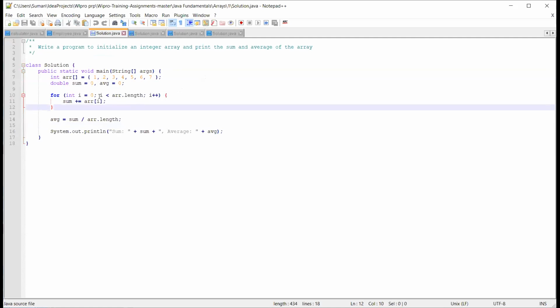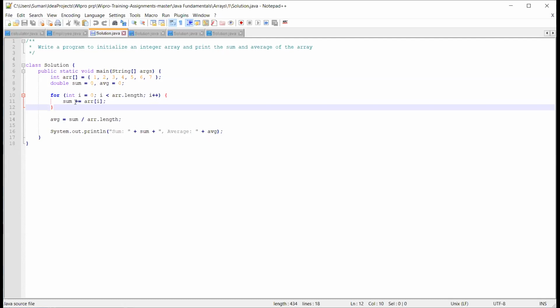For i = 0, i < array.length. Here length is used to know the ending index of the array. The length of this array is 7. And I am incrementing i++.